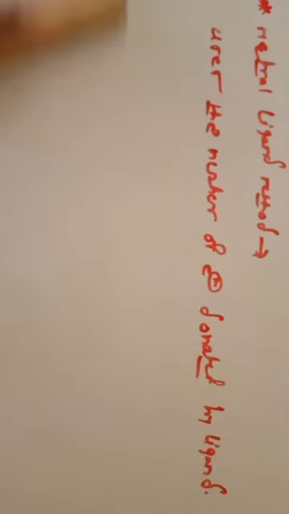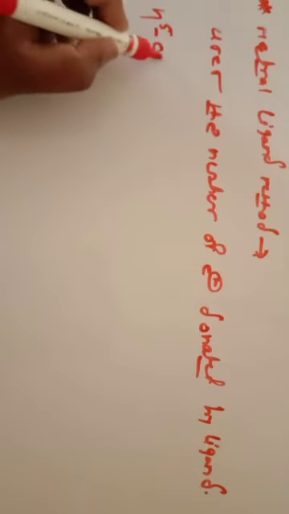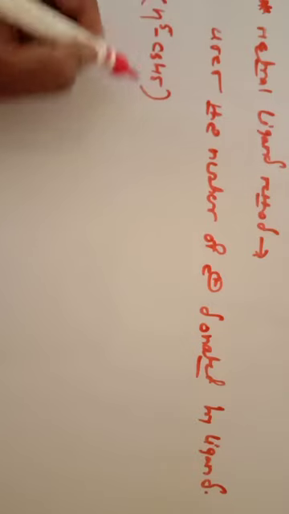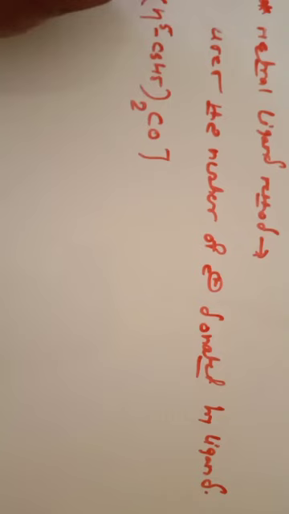In case the complex has a positive charge, you subtract 1 electron from the total electrons. So let us discuss this example, that is (eta 5 C5H5) twice. This is your cobalt complex, and the complex has a positive charge. Whatever the charge present, it is present on the cobalt, on the metal atom. You should remember, whatever the charge on the complex, it should be present on the metal atom.